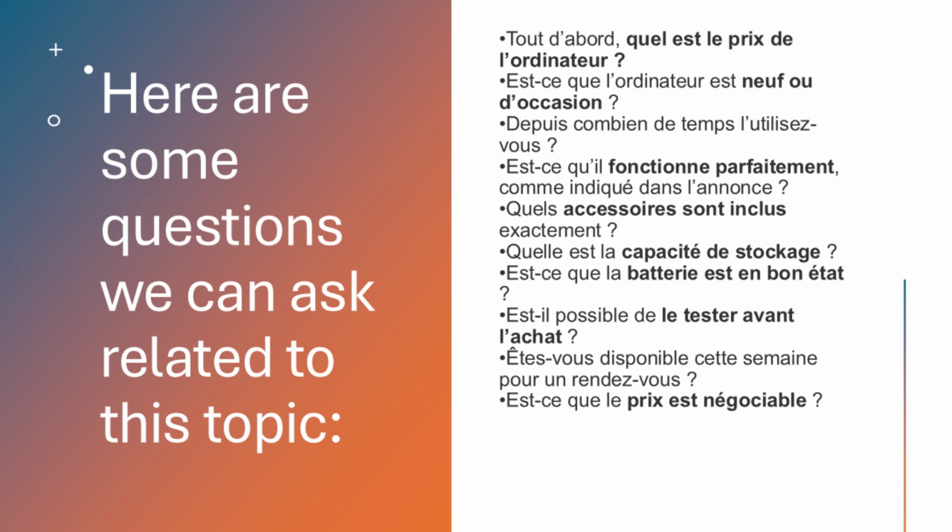And as you can see, whenever you're buying something, any advertisement that's about buying something, some of the questions that you can use from here are like if you can test the thing before buying, or what's your availability for an appointment or meeting, about the price, and all the things. And one question that you can basically ask from the advertisement is, is the thing that is mentioned in the announcement, is it actually true? That sort of sense. So these are some common questions that you can ask for this sort of advertisement.